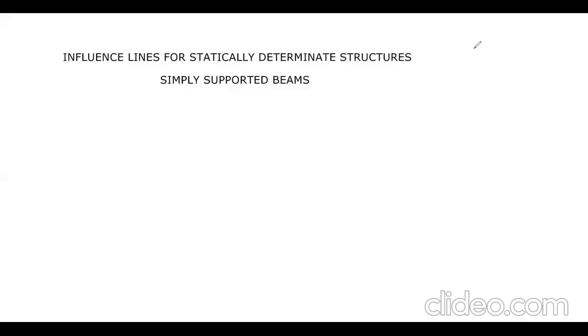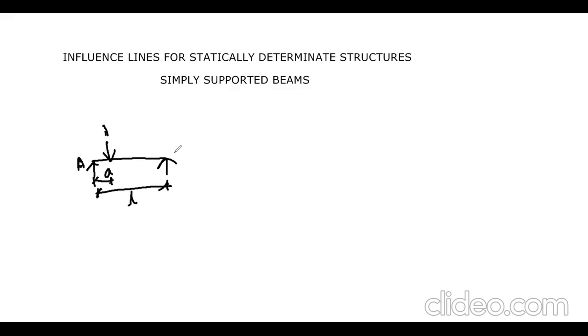Next, we are going to discuss the influence line diagram for the reaction at B. Okay, for the reaction at B, what we are going to do is similar to the previous case for the influence line diagram for RA. We are going to apply the same conditions. So we are going to apply one unit load at the distance of a from the end, the total span of the beam is taken as L.